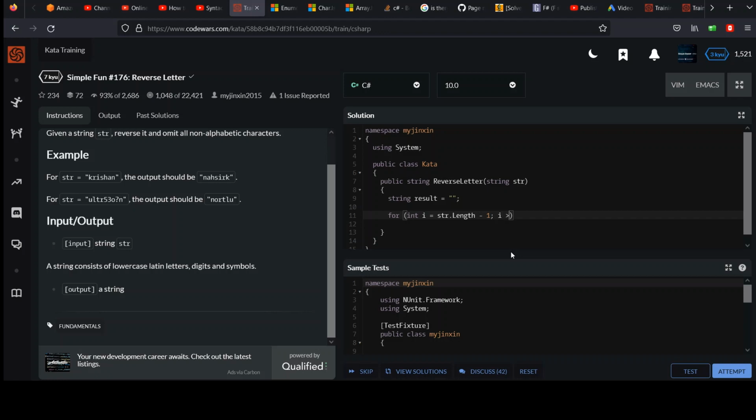And so I'll say, as long as i is greater than or equal to 0, right? Element 0 would be the first letter. We do want to get that, so I put greater than or equal to, because I want 0. And then minus minus i, decrement i each time through the loop. So hopefully you can see how we're walking backwards through the letters of the string here. Now,